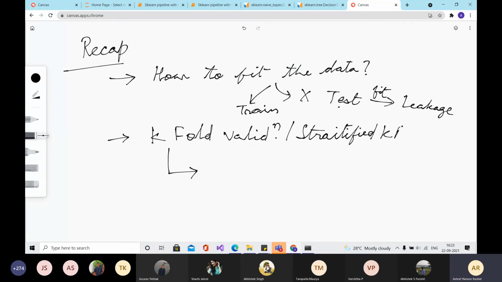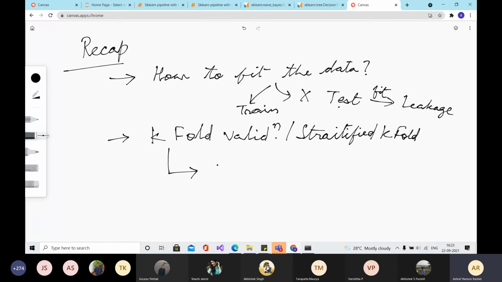We found the accuracy from each of the K folds, and all of that comes under k-fold cross validation itself. You find the average accuracy, and from k-fold cross validation you choose something that gave you the maximum accuracy.